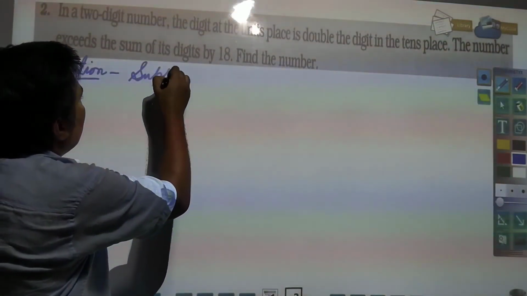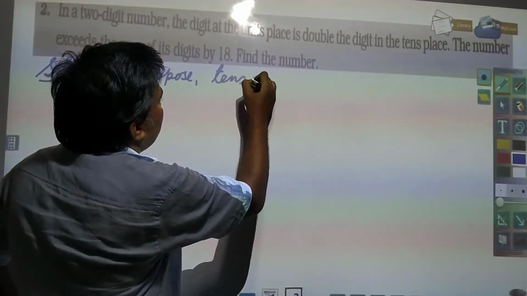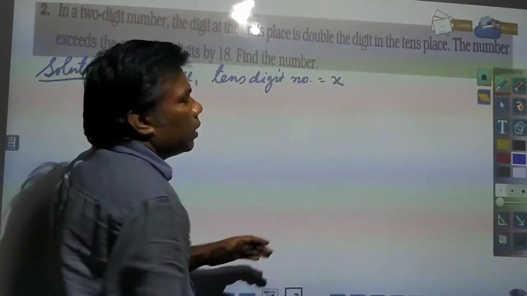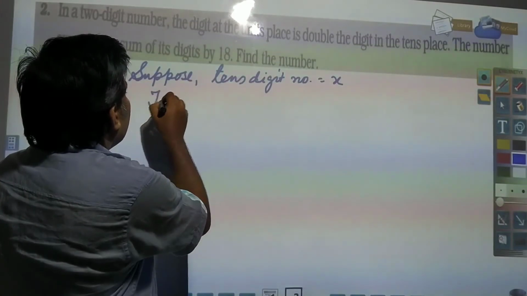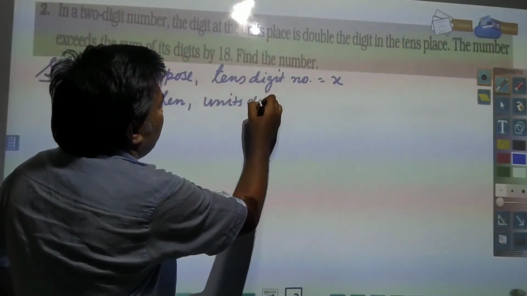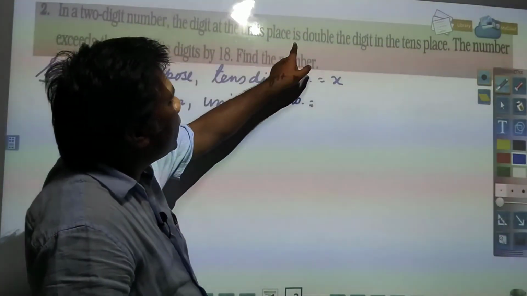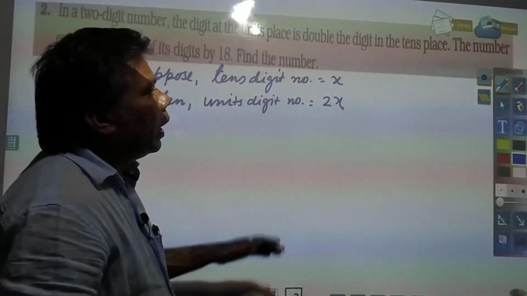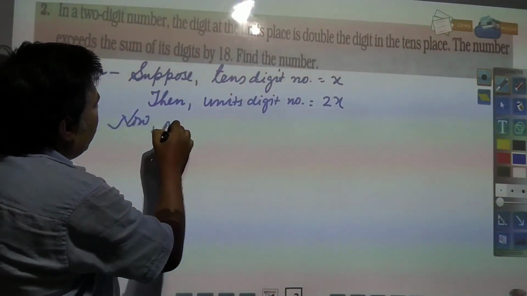suppose tens digit number is equal to x. If the tens digit number is x, then units digit number is equal to, units place is double the digit in the tens place, means 2x. Now you see, now according to the question,